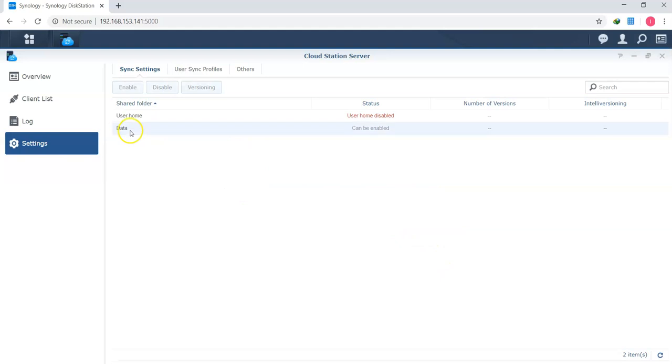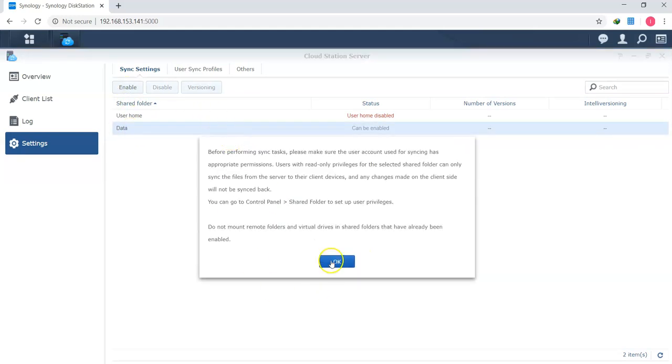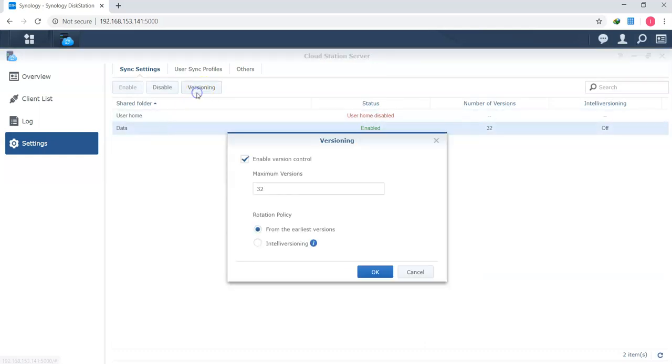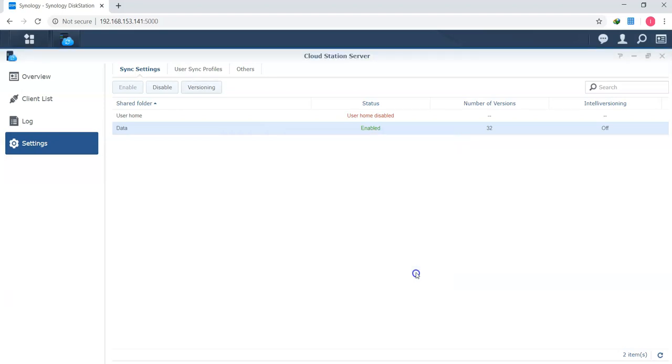The same way you can enable it, and press OK. If you want to see the versioning of the particular folder, click on versioning and you can enable the versioning control. If you don't want to enable versioning, uncheck this box and save the settings. Right now I'm using the versioning settings, so I'm not changing anything.